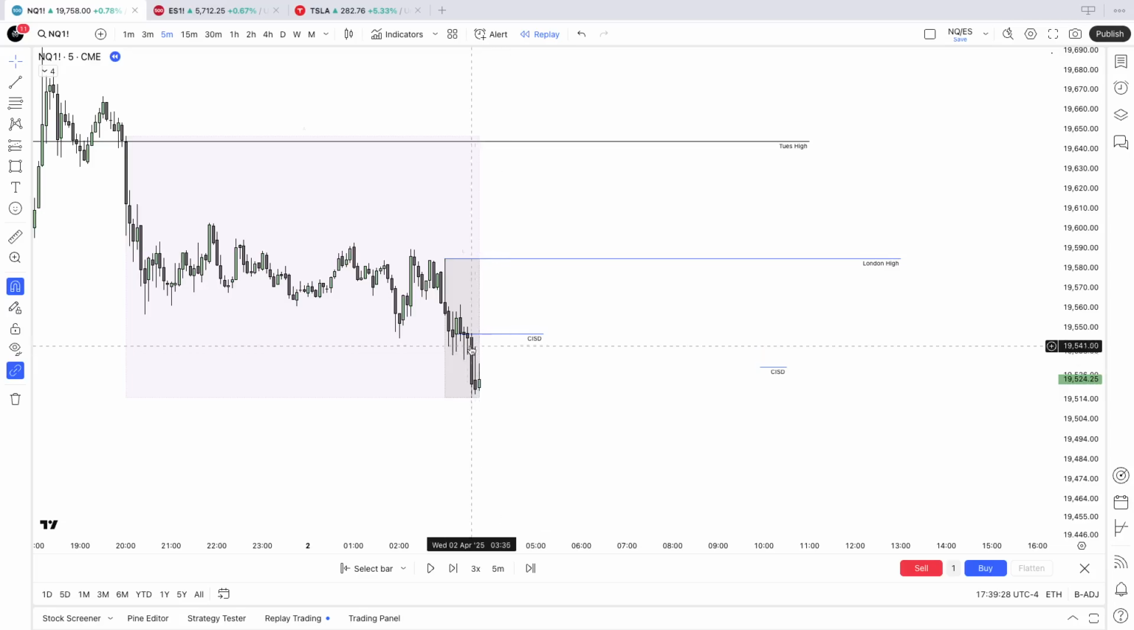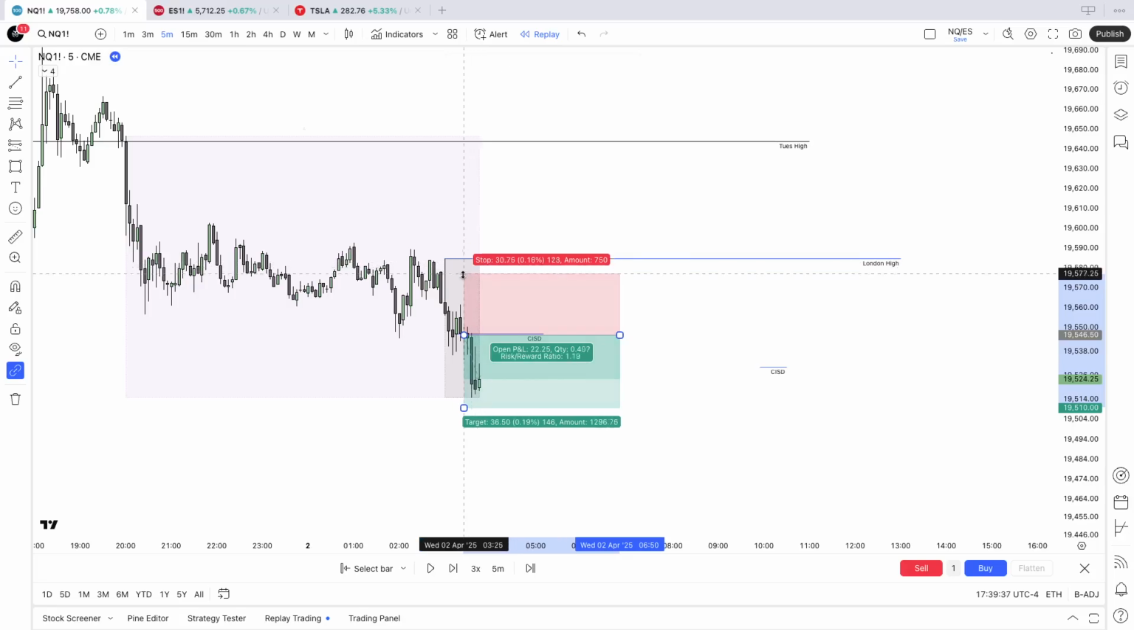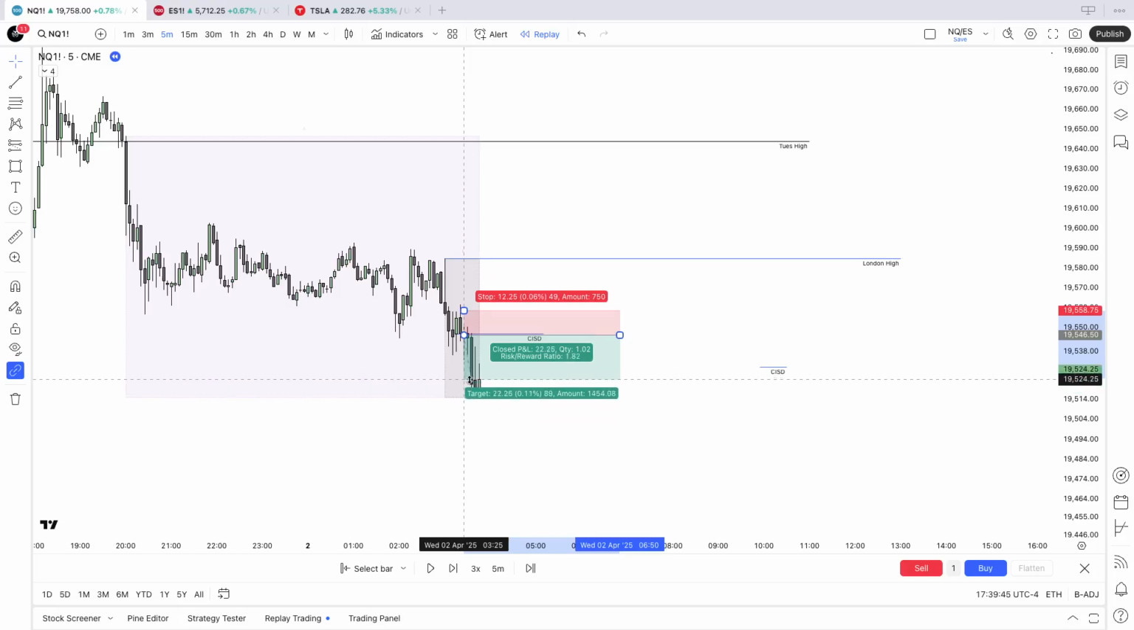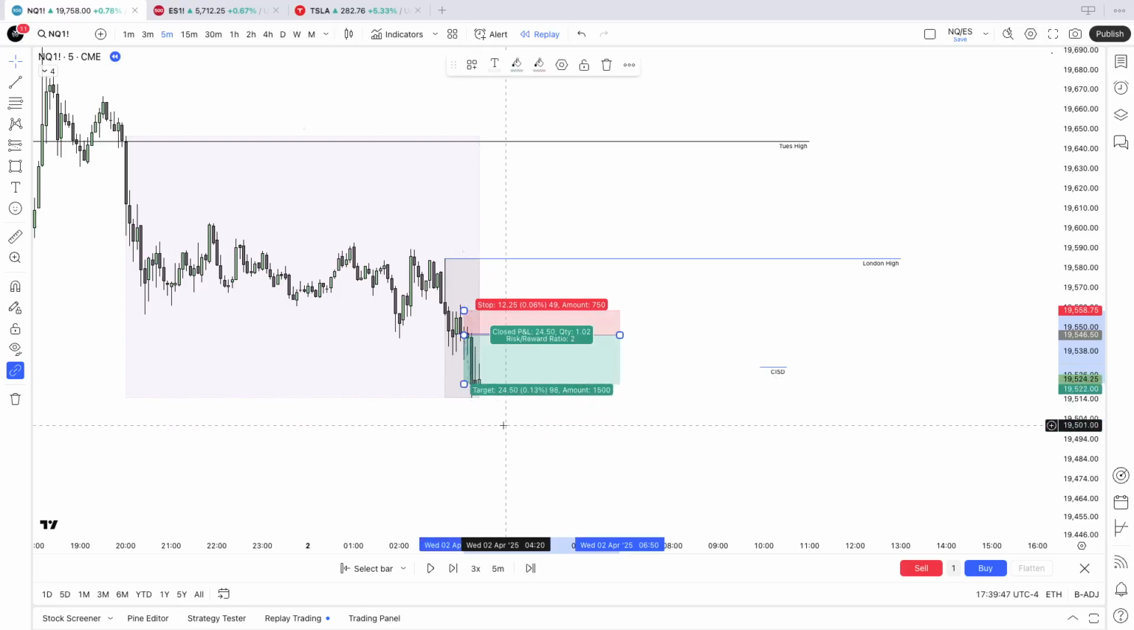And as we see here with this change in state of delivery, the second we got that 5-minute close, this presents a short opportunity on London. Once again, this was not a trade I've taken, but if we just put that stop at that change in state of delivery high, we can now target a 2-to-1 risk to reward ratio,